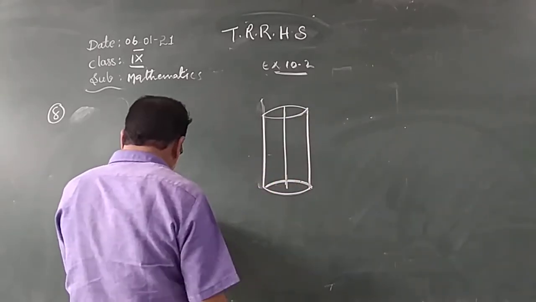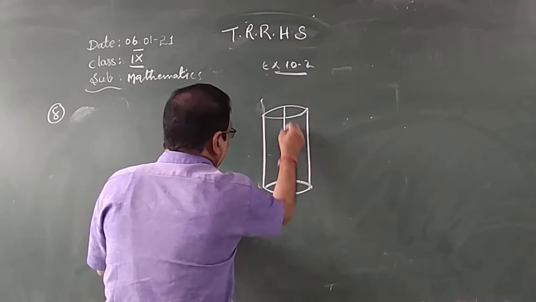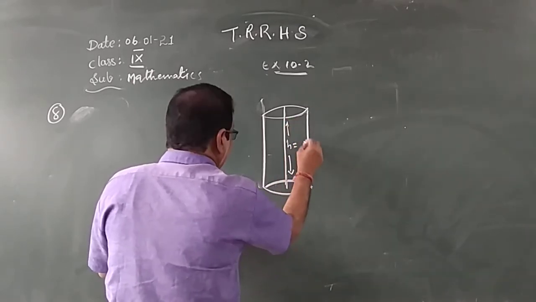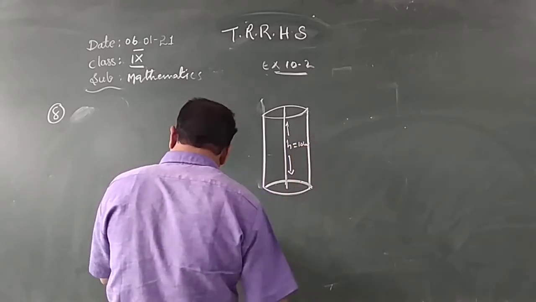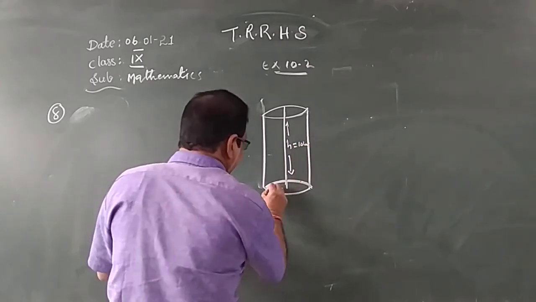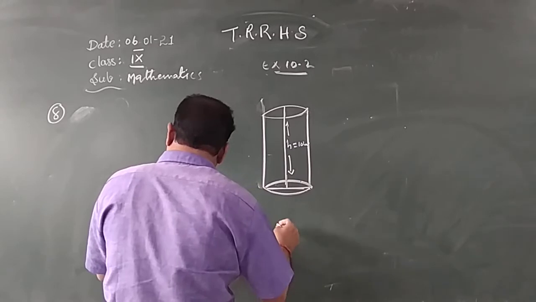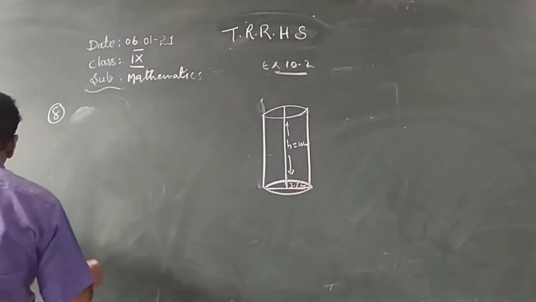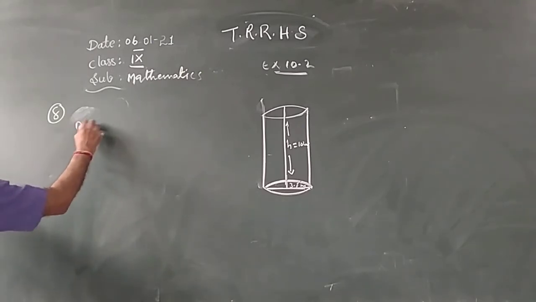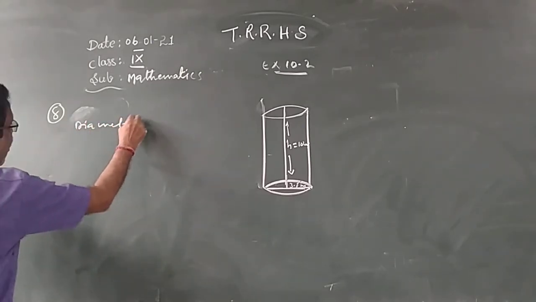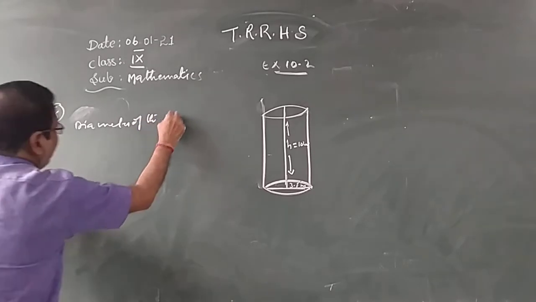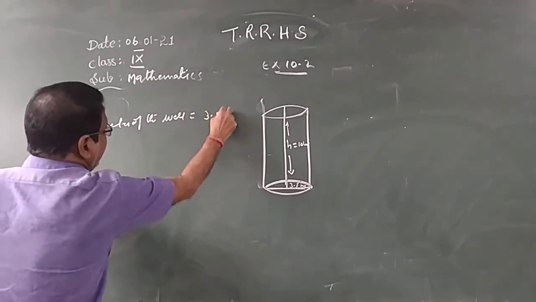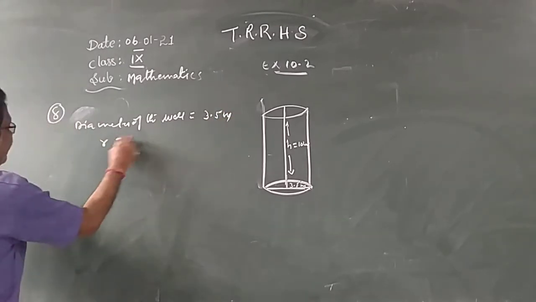How much depth is there? 10 meters. The depth of the well is 10 meters, and the diameter is 3.5 meters. Diameter of the well is equal to 3.5 meters. Radius